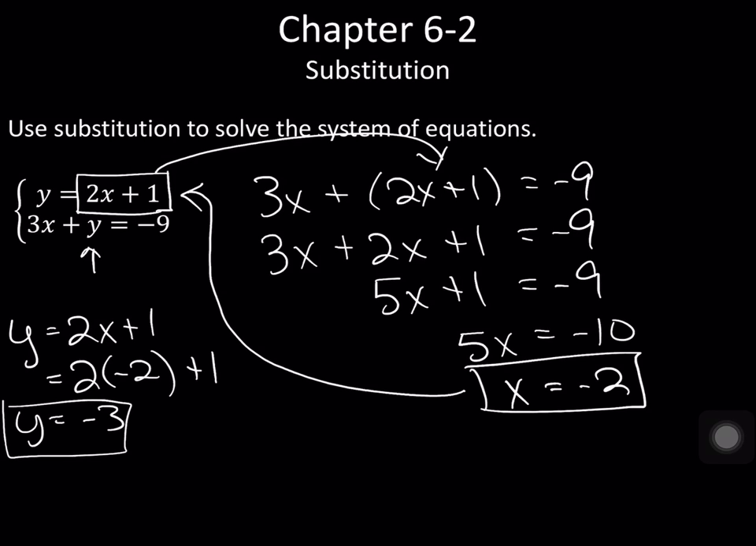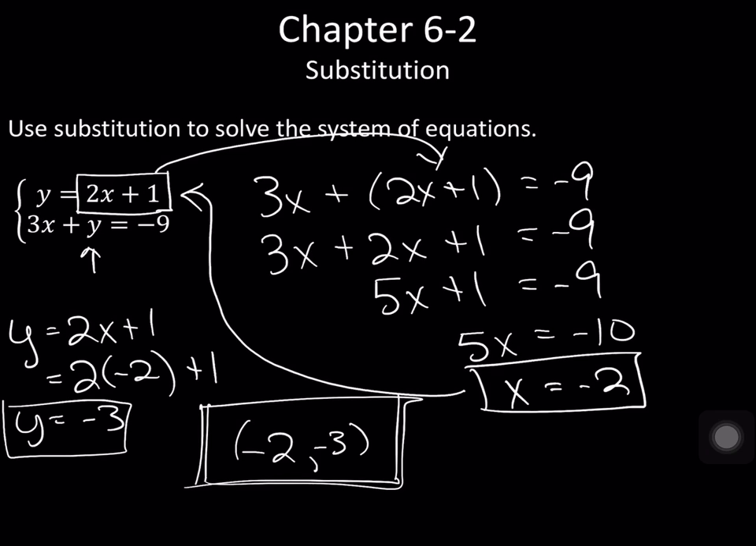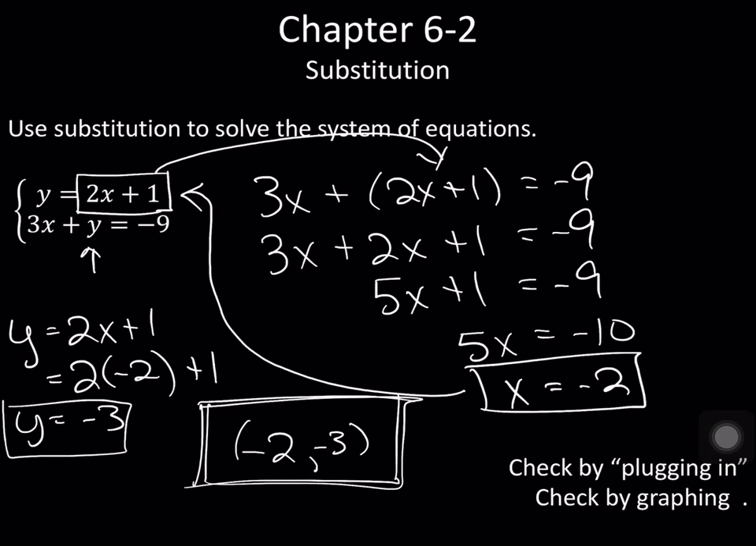Y equals -3. Now I have an ordered pair. X is -2, y is -3. And that's what my final answer should look like, an ordered pair. Okay? Now, down here in the bottom right, notice that it says I could check